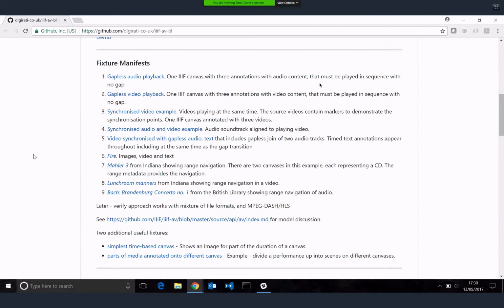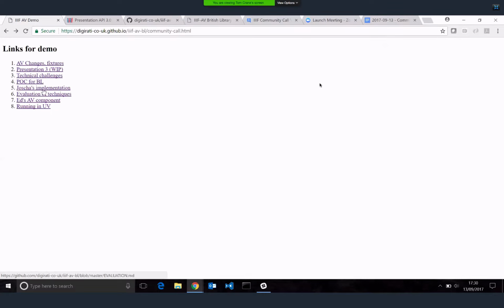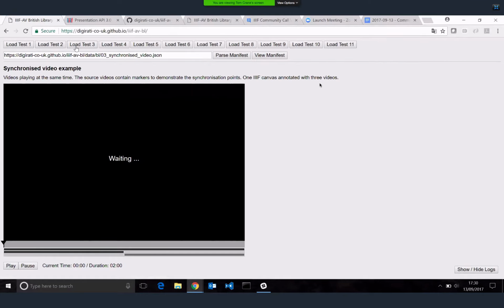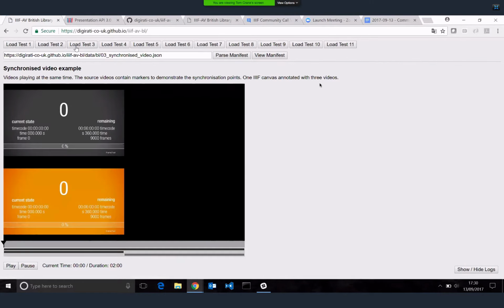I'll just jump straight in and demonstrate some of this. I'm going to start with some video. Although there's audio here, to make this reasonably easy to deal with, I'm going to play video. So here we have a manifest that contains one canvas. The canvas has a duration of 2 minutes, and onto that canvas are annotated 3 different pieces of video. And if I start playing